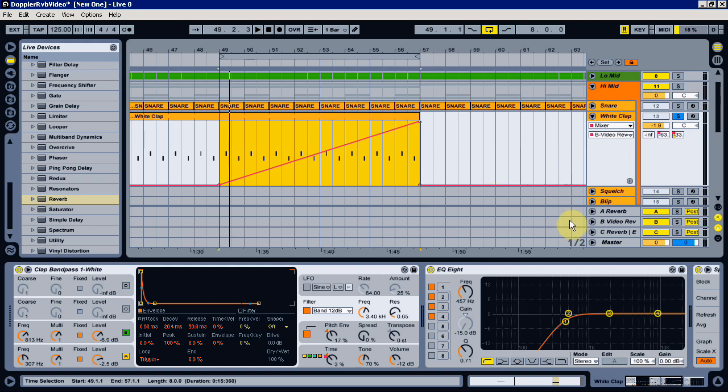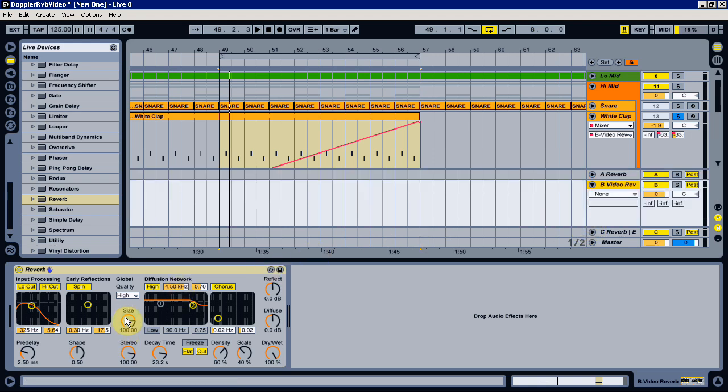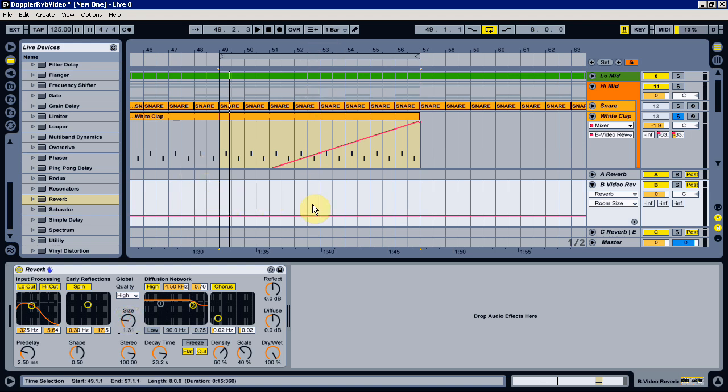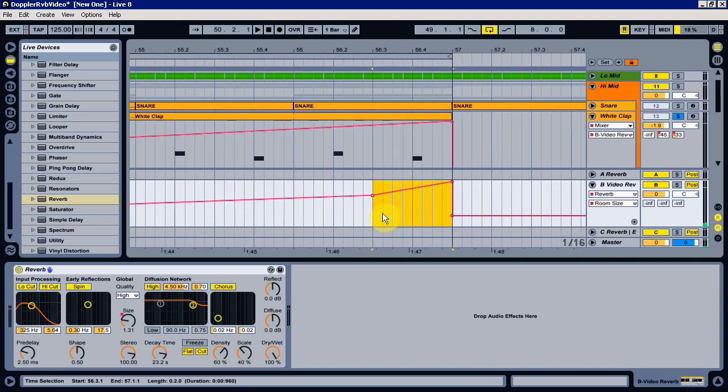So that's all well and good, but a little bit boring. So let's automate another parameter. I quite like the size control. So let's do that halfway along. And then at the end, I'm just going to ramp it right up. Let's have a listen to that. I'm just going to move this along actually. You can hear at the end,